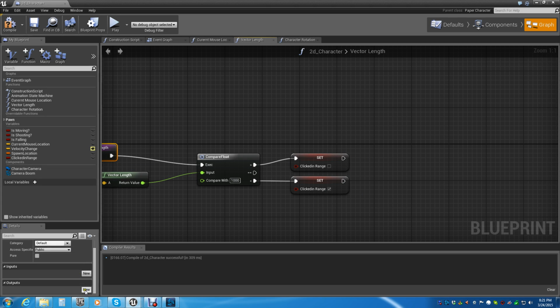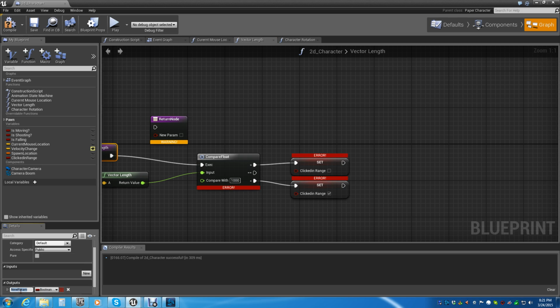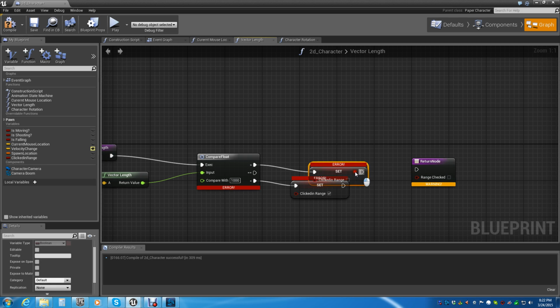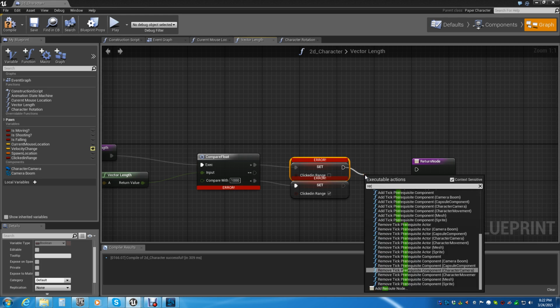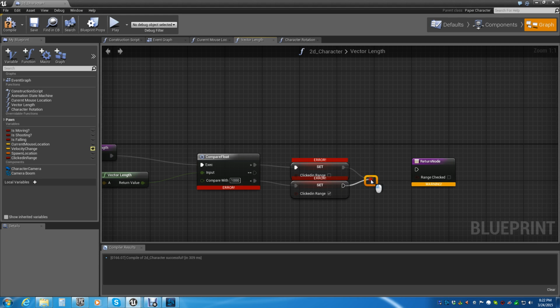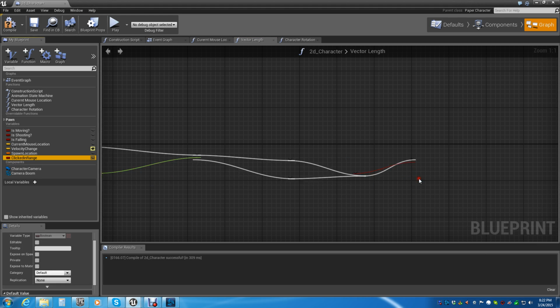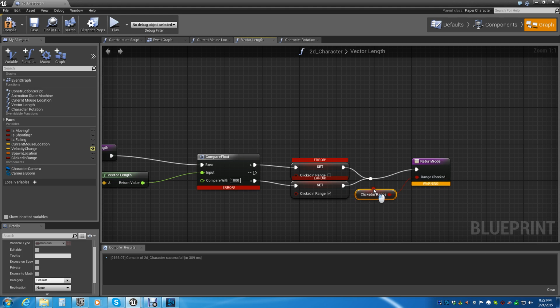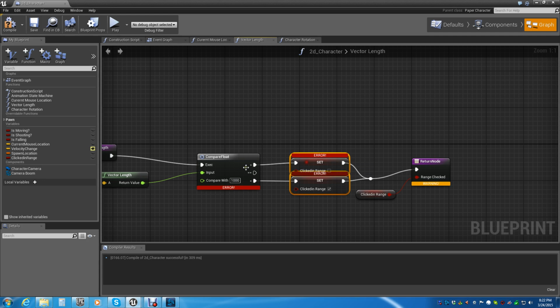And then we need to have an output here, which is going to be a type of boolean. And we want to put range checked. Okay, so we know that it is within range, and we are good to go. So we're going to do a simple little reroute here. If I can grab it, there we go. Reroute, connect the two together, and then connect that into the out node. And then we're going to drop clicked in range into the range checked, because we want to return the value that we set here. Whatever we're going to set, whether it be true or false, we want the system outside of this